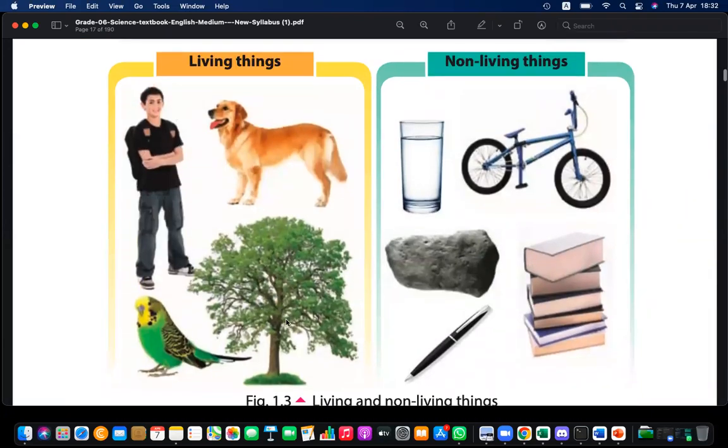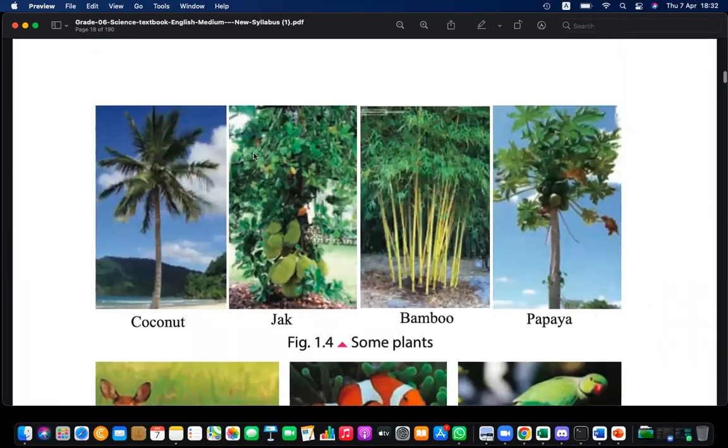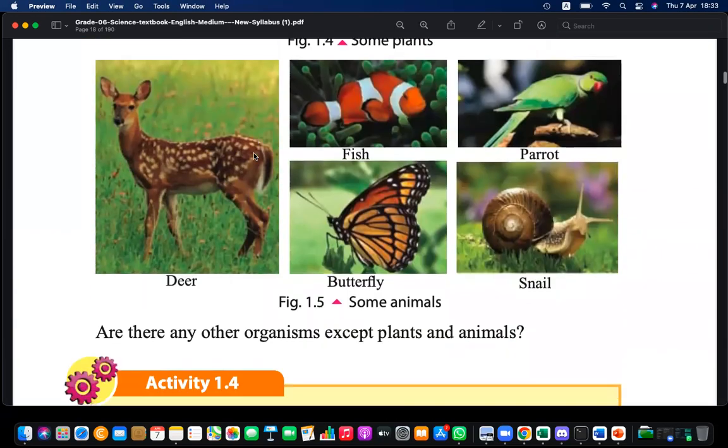So these are the living things. Animals, plants, right? So 2 categories we learn about: animals, plants, and one more category which is not here. Can you remember? That is what? Microorganisms. We learn about 3 categories: animals, plants, and microorganisms. So these are the plants, these are the animals,